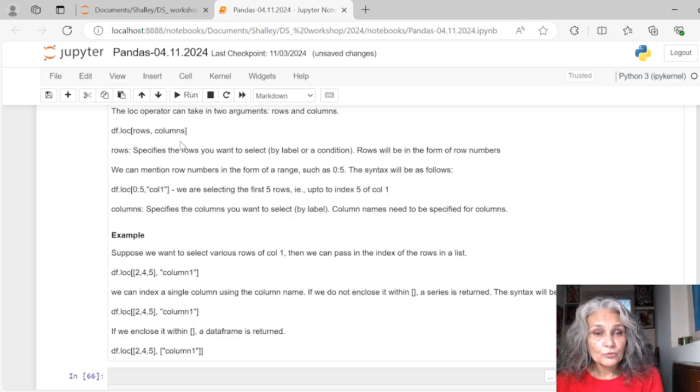Now what you can do over here for rows and columns is you can specify the rows by the index numbers and the columns typically are specified by their names. So for example, if you see the syntax here, df.loc, and we are selecting from rows 0 to 5, up to 5, comma, and we are doing this for column 1. So from column 1 we are selecting the first 5 rows. All right,